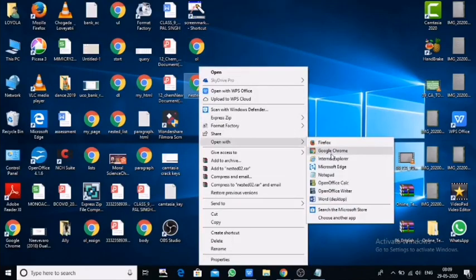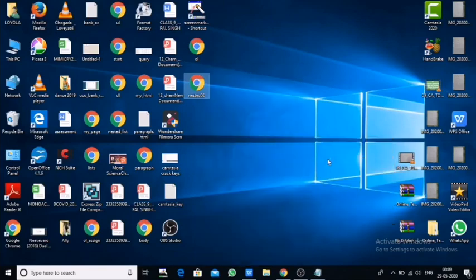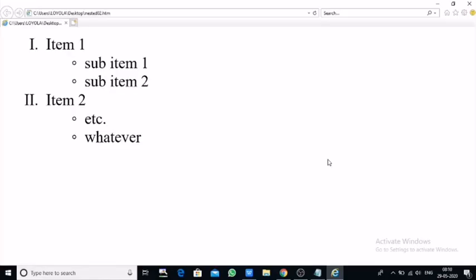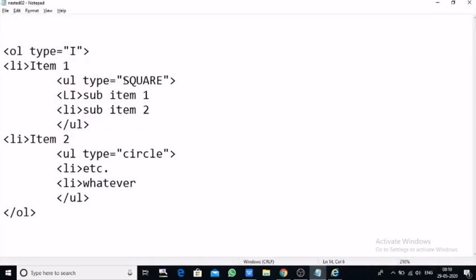Nested, open with Explorer. Now see, here is item 1, item 2, right, etc. Here we had given a square type of bullet, but here it is showing a circle type. See what happened. The code here is square, in capital.